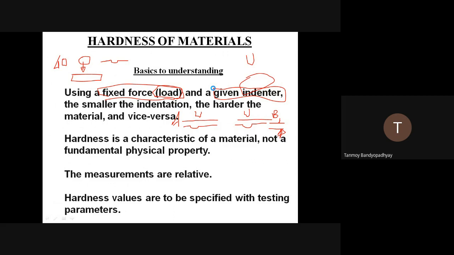Similar to the coefficient of friction, you have mu values, say mu1, mu2. If mu1 is greater than mu2, that surface will have higher friction. That doesn't have any units. That depends on the specimen roughness and those things. So it's a concept similar to that. It's not a basic fundamental property of the material. It's just a relative property that helps us categorize different substances, different engineering materials, based on their hardness.